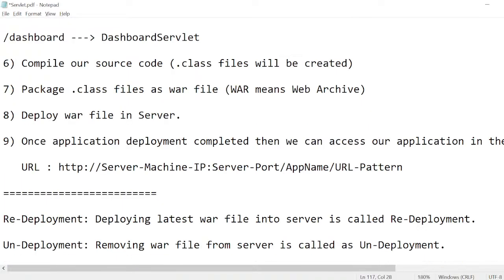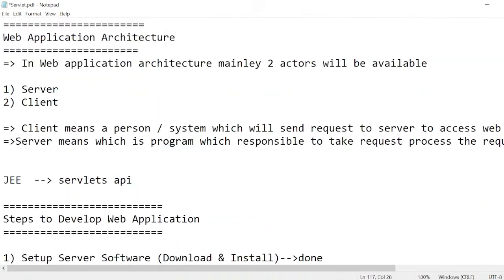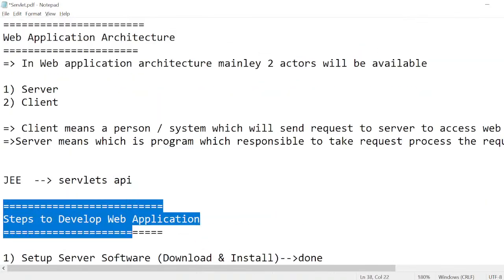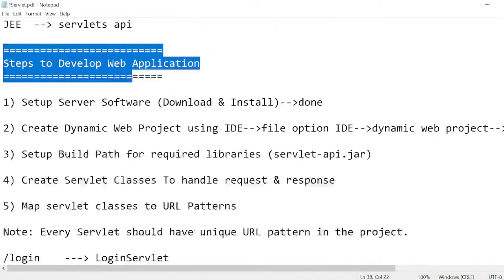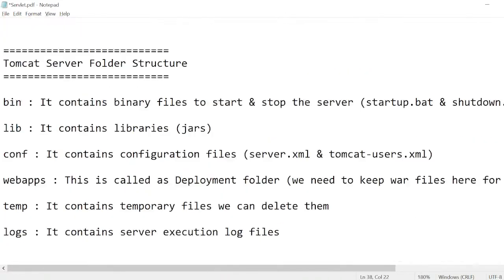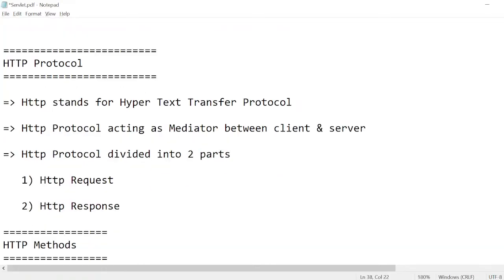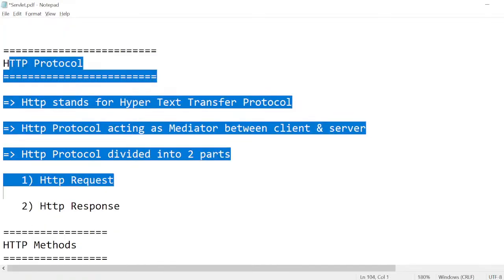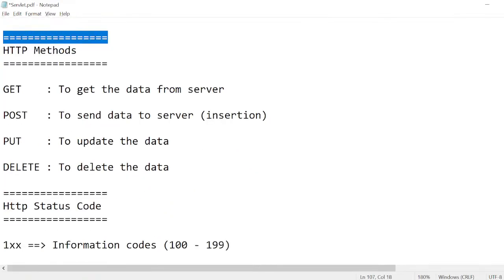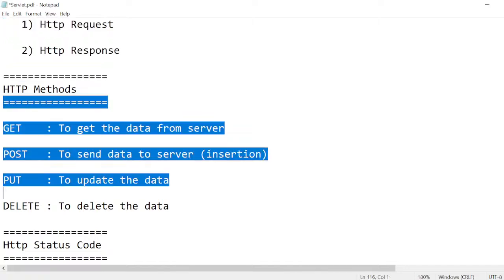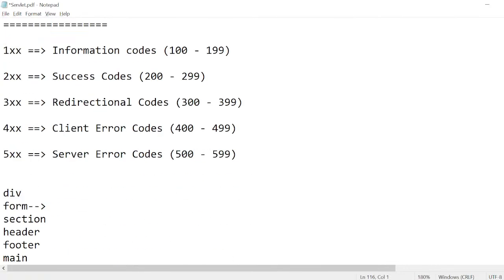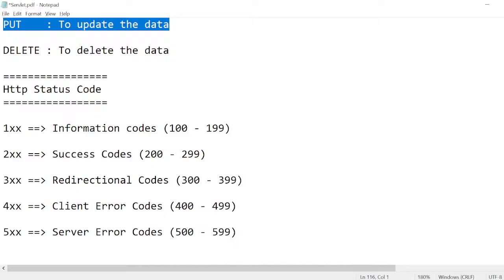Tomcat server folder structure, and this is the complete process you have to follow while creating web applications. After this, this will act as a mediator between client and server, and these are the methods. And there are HTTP status codes. HTTP status code meaning, for example,